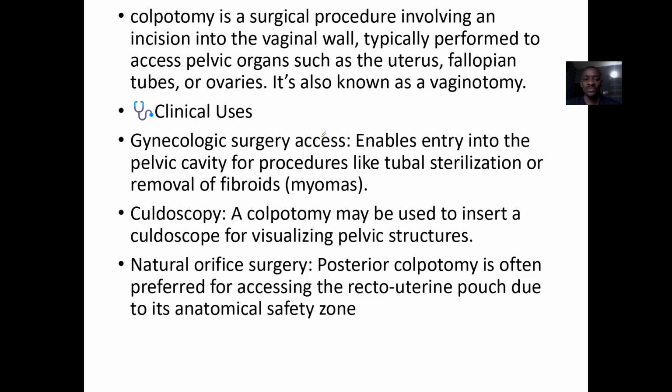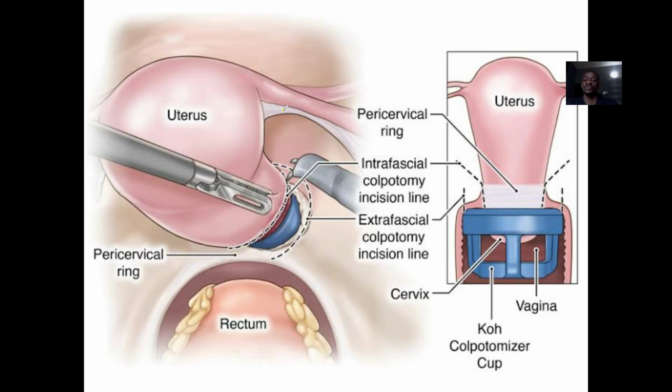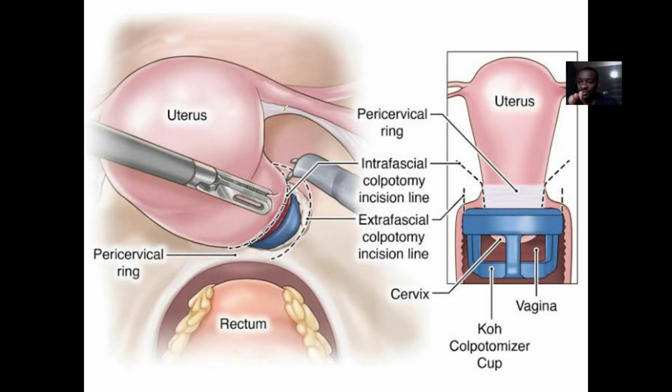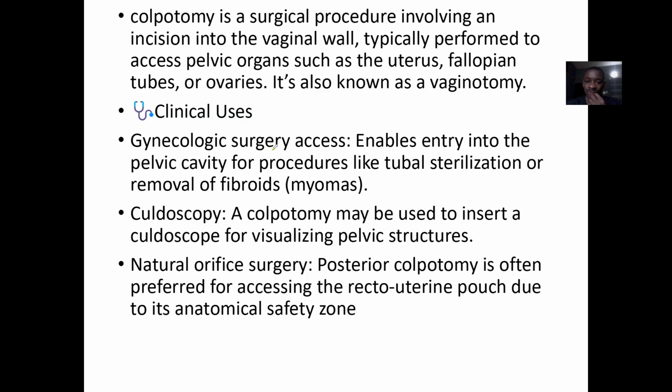It's typically performed to access pelvic organs such as the uterus. So you want to go through to the uterus, the fallopian tubes, the ovaries. So instead of accessing it through the stomach, you access it from the lower part, which is the vagina. So that's colpotomy. It's used for gynecological surgical access, and enables entry into the pelvic cavity for procedures like tubal